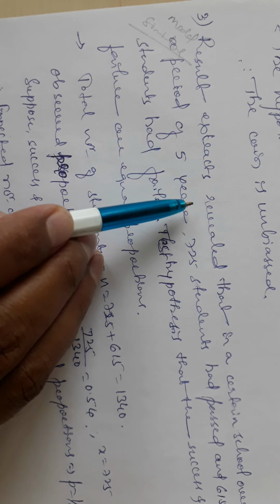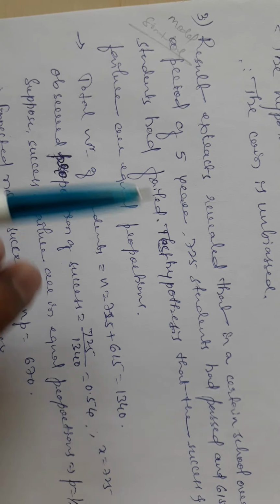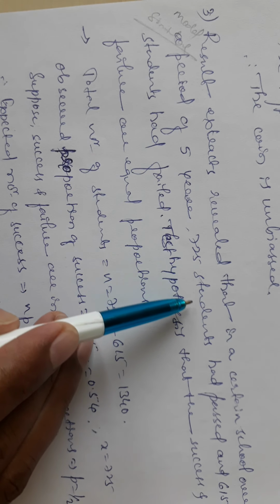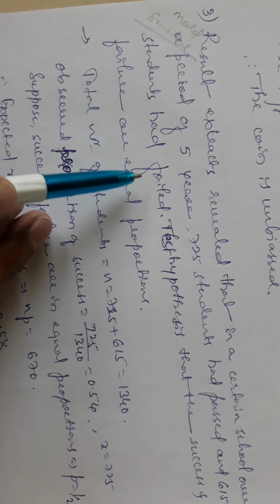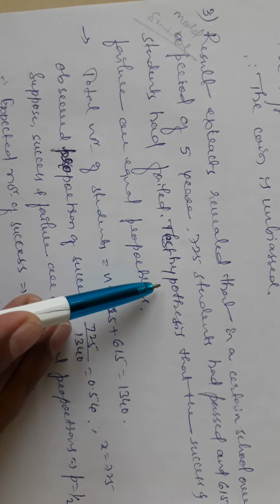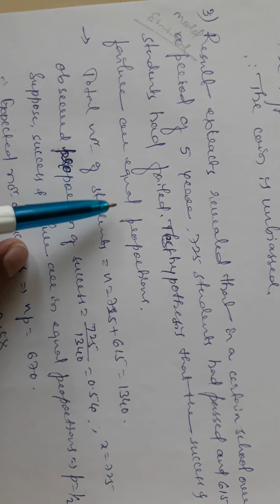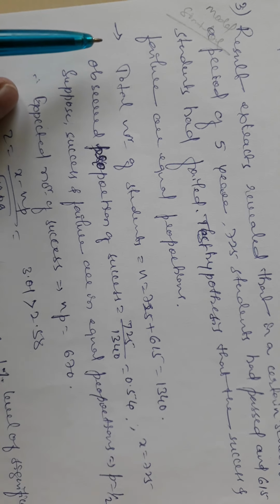Result extracts reveal that in a certain school over a period of 5 years, 725 students had passed and 615 students had failed. Test the hypothesis that the success and failure are equal proportion. Here,